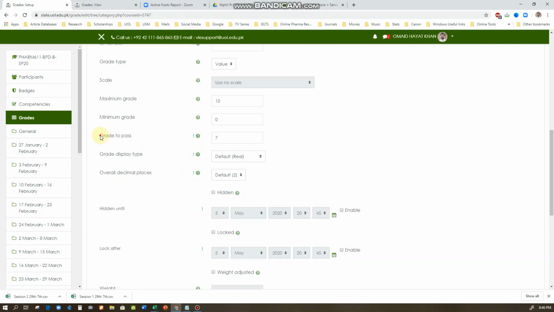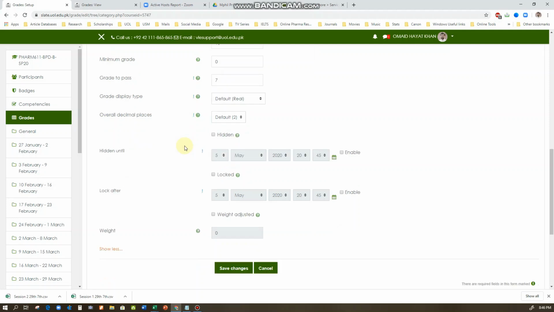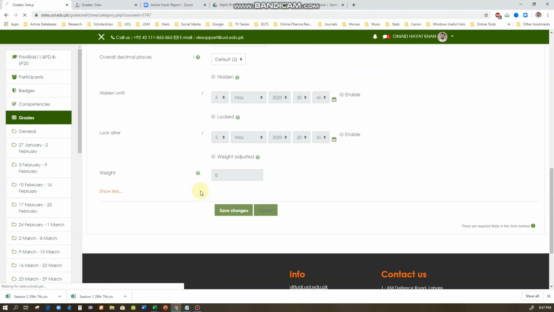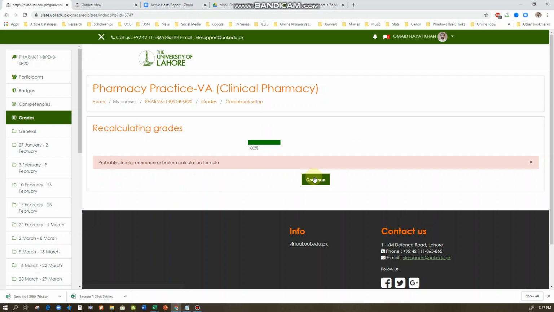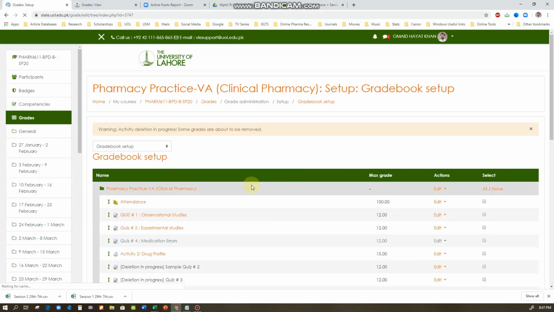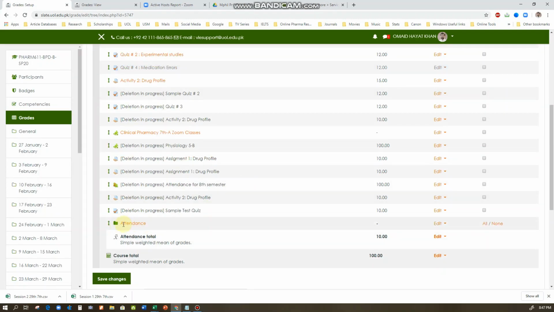The purpose of writing this grade to pass is this: whatever the passing criteria you are going to write over here, any student who has less marks than this, his points or his grades will be shown in red color. So you will be able to highlight which student has failed to pass one particular assessment criteria, as you can see right from the gradebook. So you're going to save changes, continue, and you see here that the folder for attendance has been made,